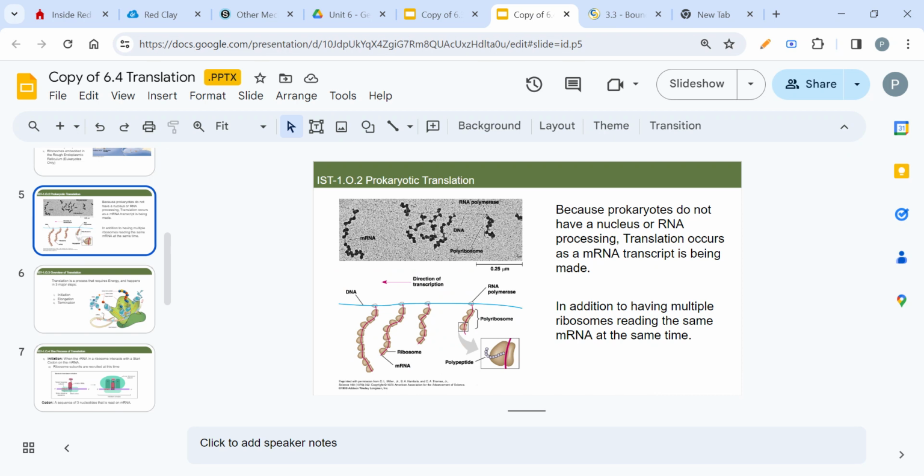So what you're looking at right here is that from the DNA of my prokaryote, here are multiple mRNA sequences, and I'm legitimately building the protein at the exact same time. So the ribosome is building out the proteins and is making all these proteins. This is an electron microscope image of that actually happening. It's really, really cool. So this is why bacteria have such a short life cycle or a quick